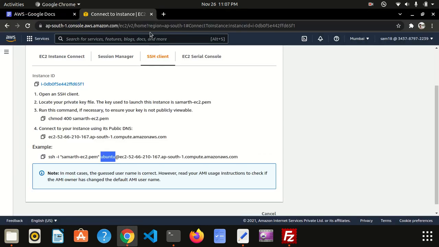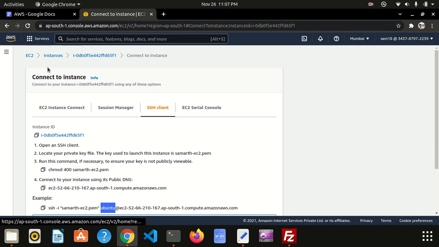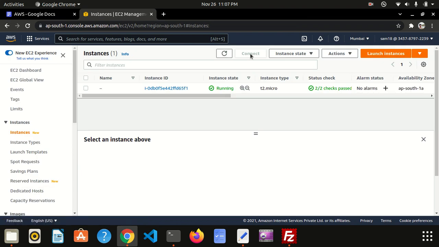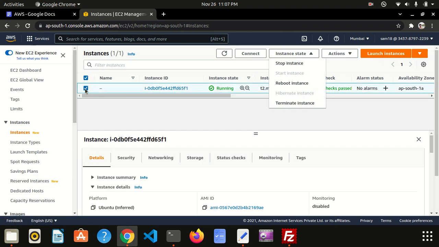Similarly, you can go to your AWS console and stop your instances. You can stop the instances by selecting this. Stopping will just pause it temporarily, and you can start it again, while terminate will permanently delete your created instance. So hope you understood how you can copy a file from the local file system to a created EC2 instance.